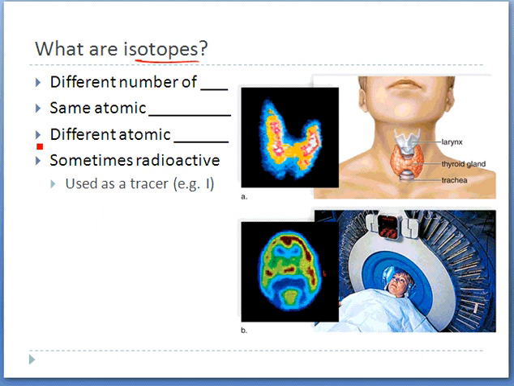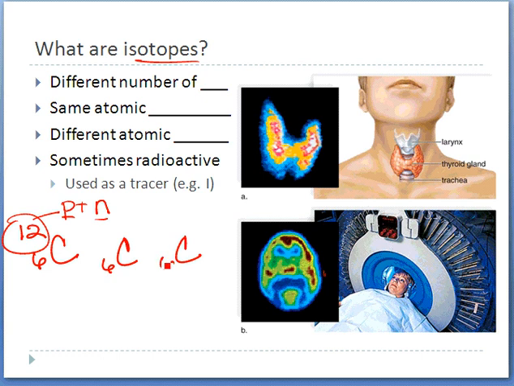Let's take carbon. In its normal state, carbon has an atomic number of 6. That means it has 6 protons. That means it has 6 electrons. And it has an atomic mass of 12, meaning, and remember, atomic mass is equal to the number of protons plus the number of neutrons. So if there's 6 protons, that means there must be 6 neutrons. Now, carbon can also come in some other forms, in different isotopes. Those isotopes still have a total of 6 protons, which also means they have 6 electrons. But where they differ is in the number of